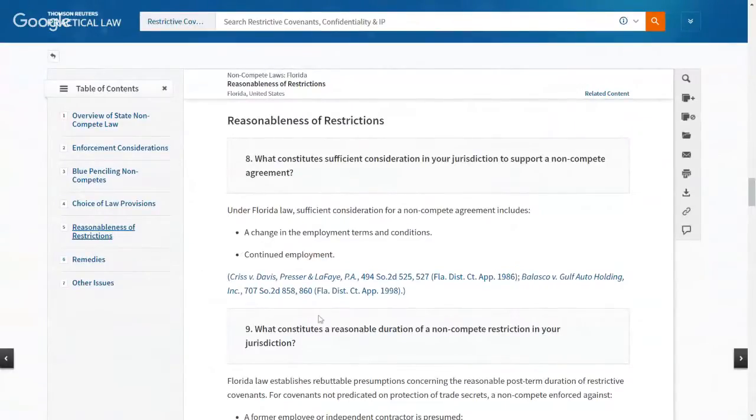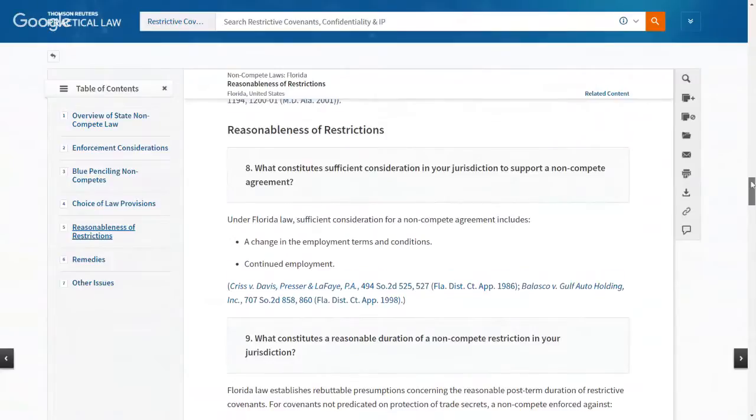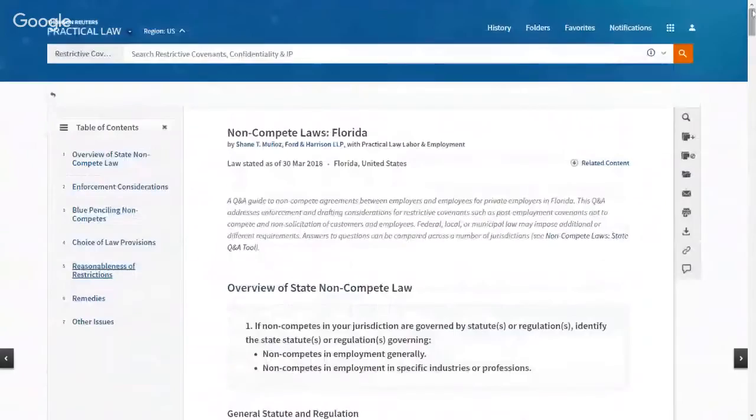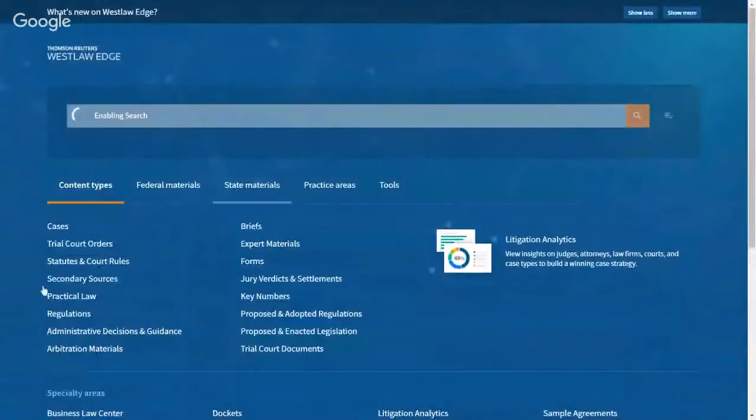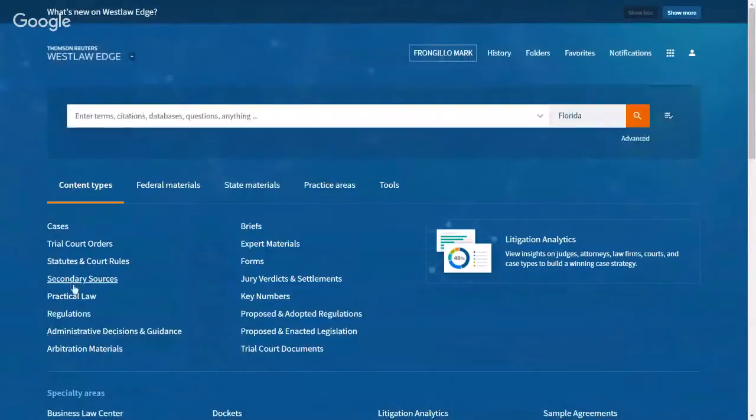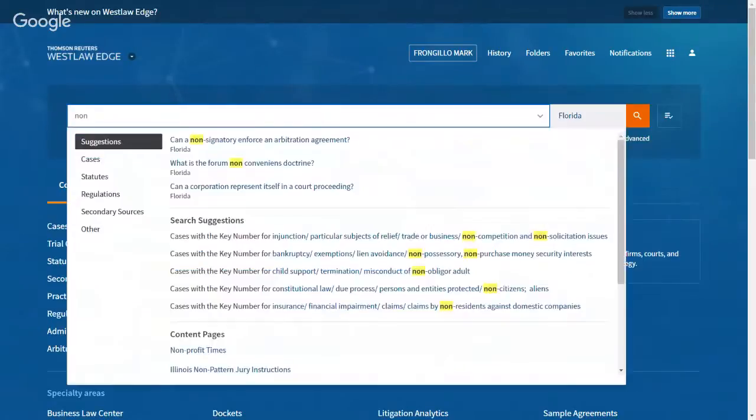And you can really get a good portion of your research done by drilling into Practical Law. Keep in mind, though, that I drilled directly into Practical Law. Practical Law is one of the content categories we will retrieve when we do a global search on Westlaw. I wanted to use this time to highlight it, but if you had just started typing